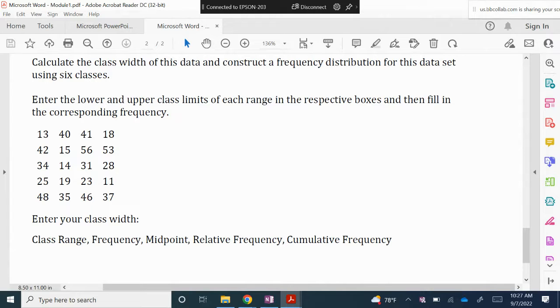So once we're finished, on the slide in the lecture notes, it just had the data in its classes, and then it had the frequency. But we're going to expand that out to find the midpoint. Remember, there was a formula for the midpoint. We're going to find the relative frequency and the cumulative frequency. The way we're going to start it all off is we're going to have to find the class width. So we're going to have to find the maximum value and the